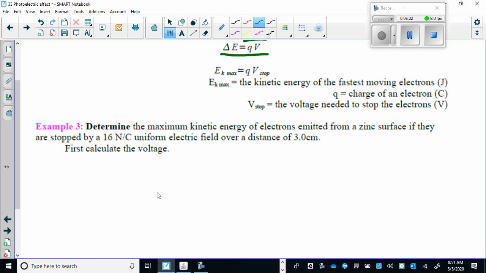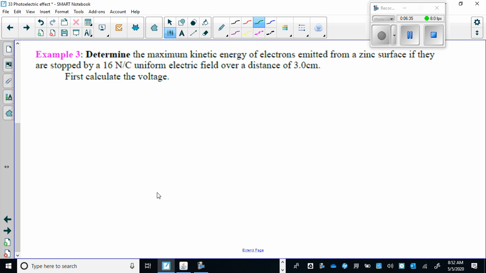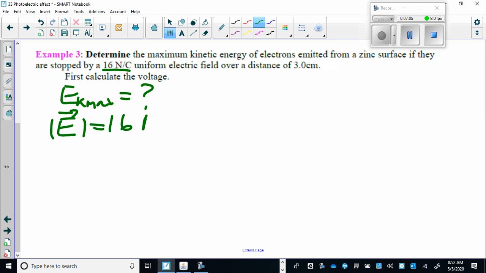All right, and a typical example for that would be example number 3. It says, determine the maximum kinetic energy of electrons emitted from a zinc surface if they are stopped by a 16 newtons per coulomb uniform electric field over a distance of 3 centimeters. So what do we have here? First, we're trying to calculate the EK max, the maximum kinetic energy. They are stopped by an electric field of 16 newtons per coulomb over a distance of 3 centimeters,